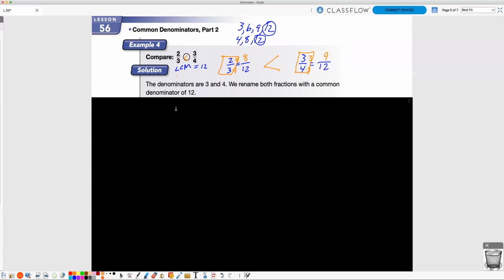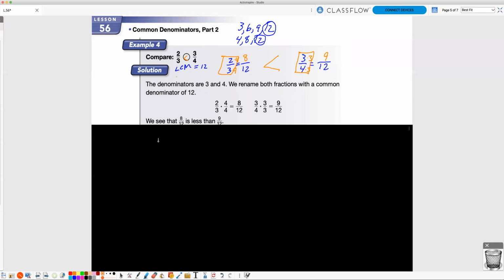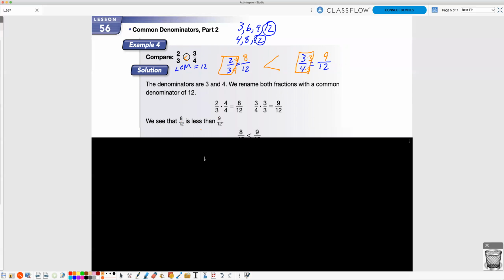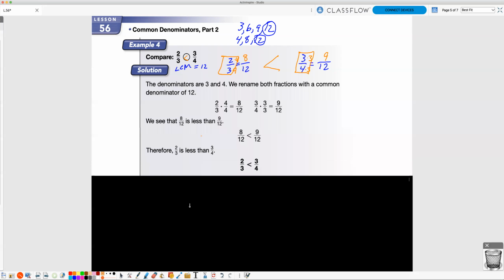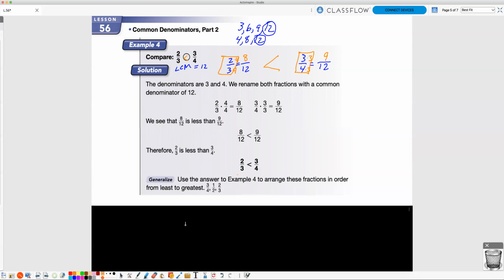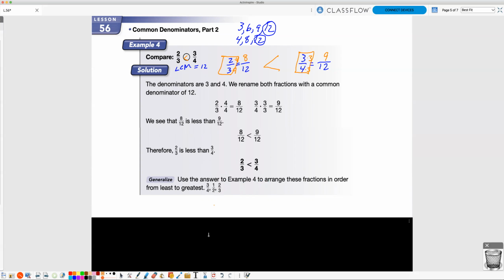The denominators 3 and 4 should be renamed to 12, and then you see your 8 is less than 9, and that would be your answer. So therefore 2/3 is less than 3/4. Okay. If you were to use your answer from example 4 to arrange these fractions in order from least to